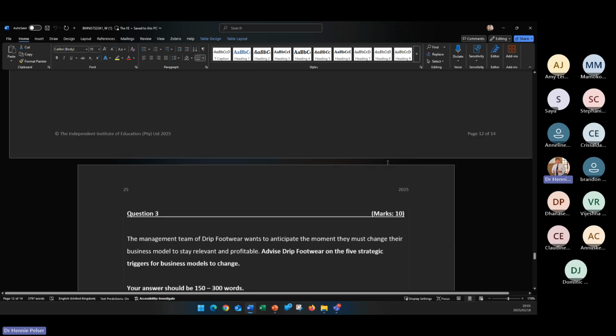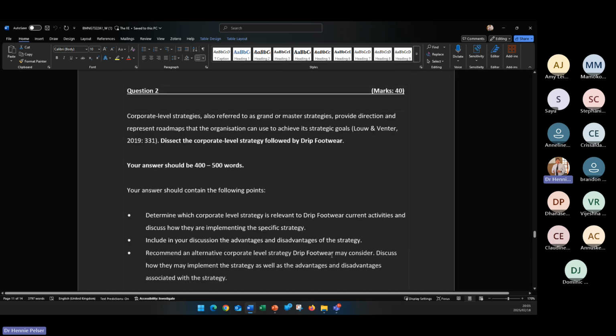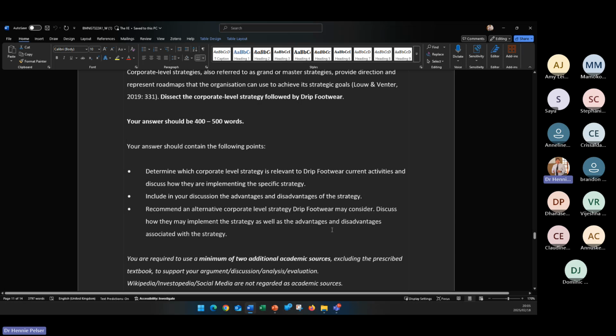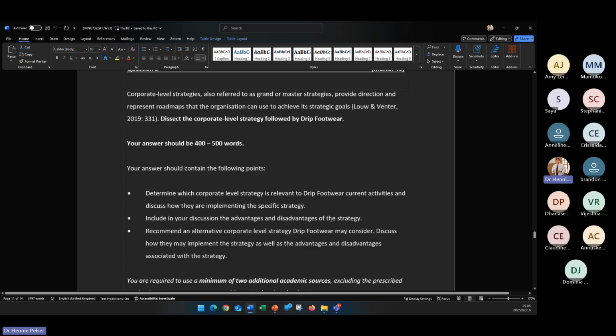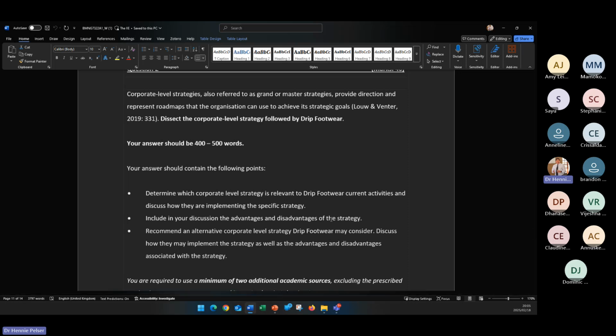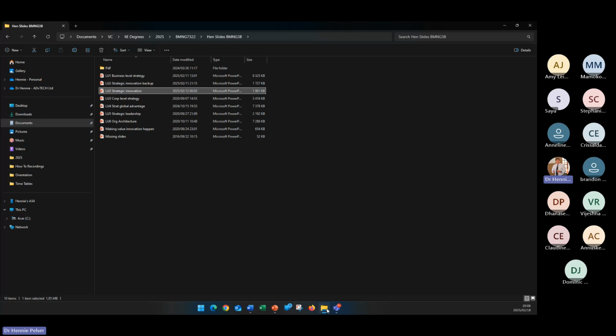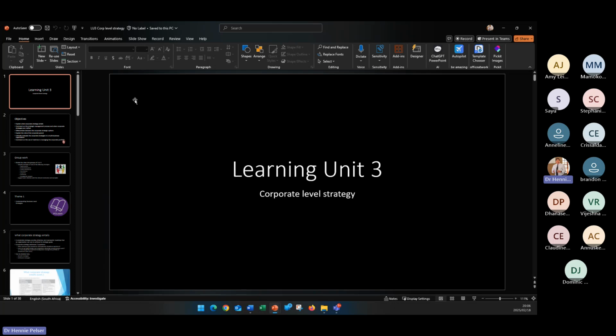Okay, perfect. So in terms of corporate level strategy, just to quickly look at it, and it is my oldest slides. In terms of the corporate level strategy, grand or master strategies, these are the strategies that take you to your long-term objectives, and obviously long-term objectives being those more specific strategic goals. And then they want us to look at the corporate level strategies. I will take out the slides or I will update them and let you have them. Corporate level strategy, I don't believe there will be significant changes. I'll just refresh the slides.